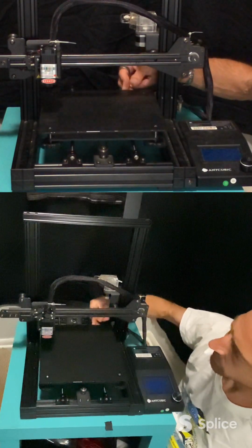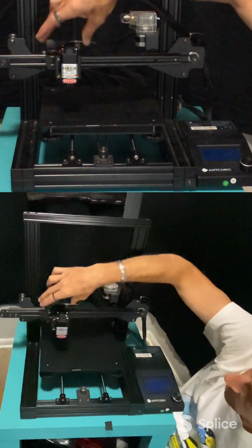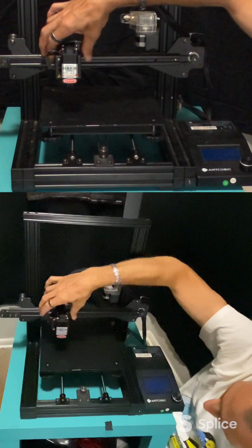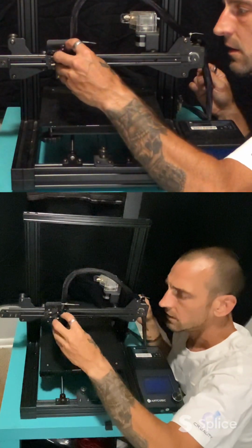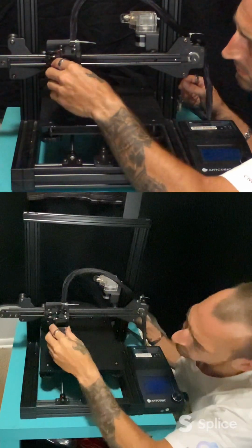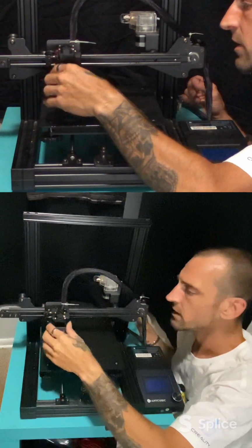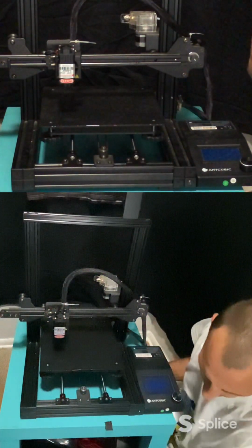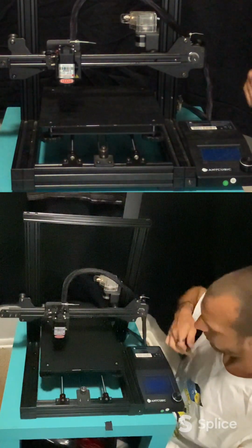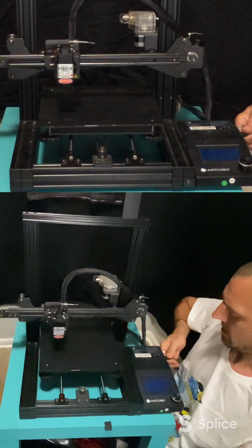Our y-axis moves back and forth. Our x-axis moves back and forth. Our carriage is on there fine. It does not rock. The laser is magnetized on there, and that is nice and straight. So we can take our power cord, turn that on,